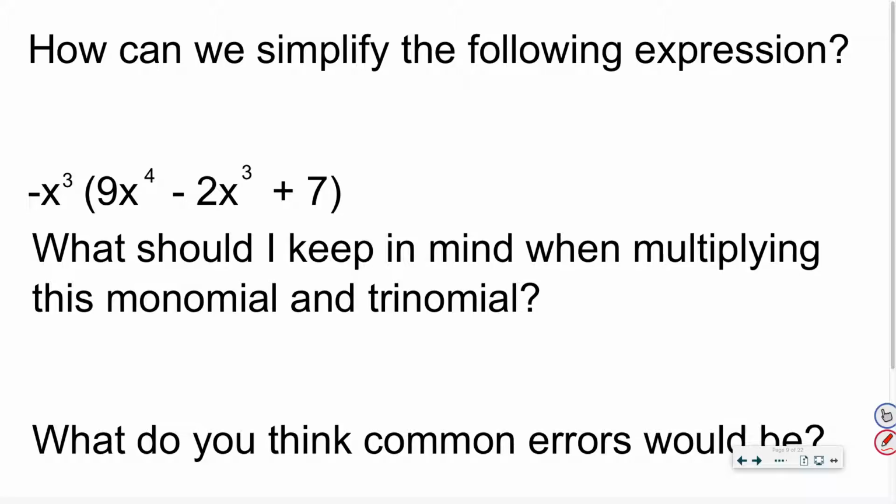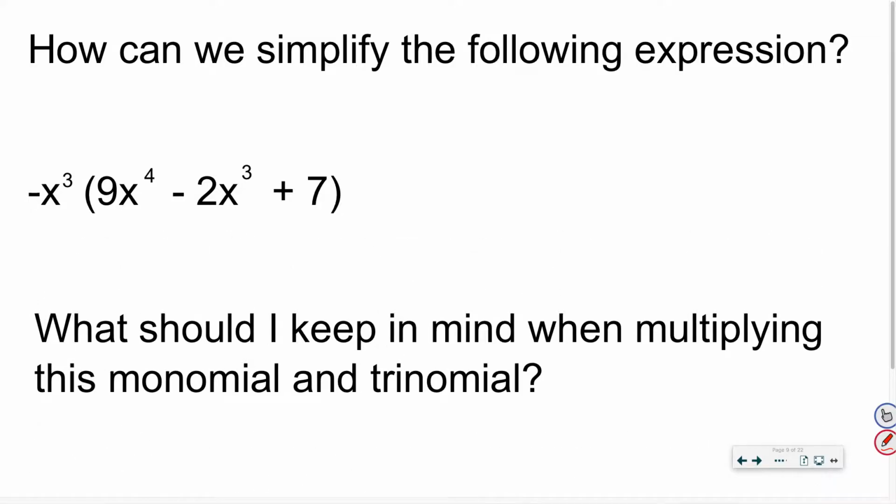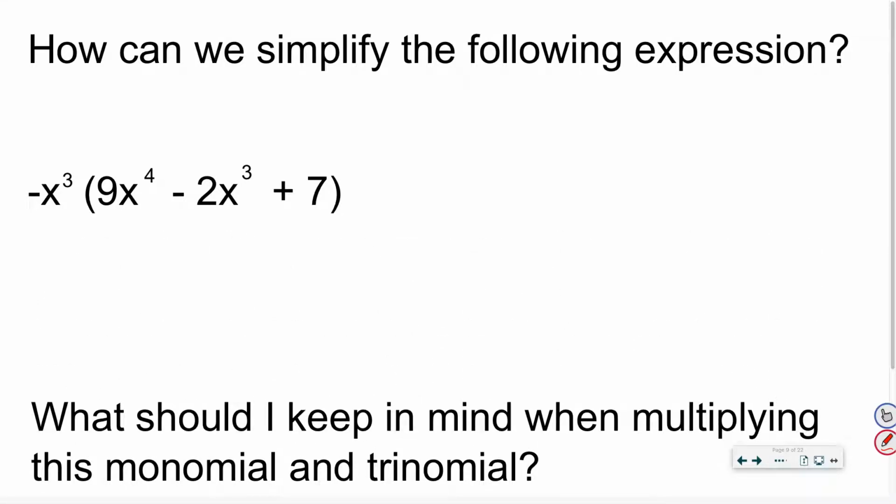What should I keep in mind when I multiply? Where could mistakes come up? There's a few things that are pretty common when it comes to mistakes. Think about if you were to multiply and distribute that negative x to the third. Where might you make a mistake? If you distribute to the 9x to the 4th and 7. What do you mean? You can only distribute it to the 2x to the 3rd. Why? Because